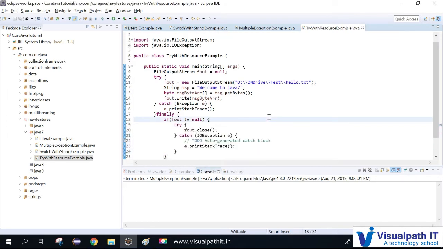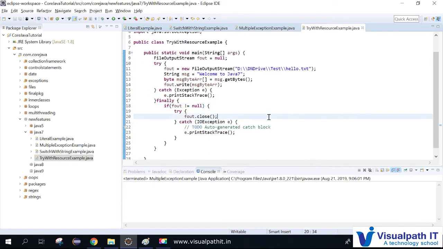For files you have to handle this way. See, we are writing a lot of try catch blocks for opening a file and for closing a file, and we need to handle exceptions multiple times, right? Suppose for opening a file, it's a file output stream, we put one try block here and handle the exception here. And if you're closing a file, again we have to use try catch blocks. I just want to avoid these things.